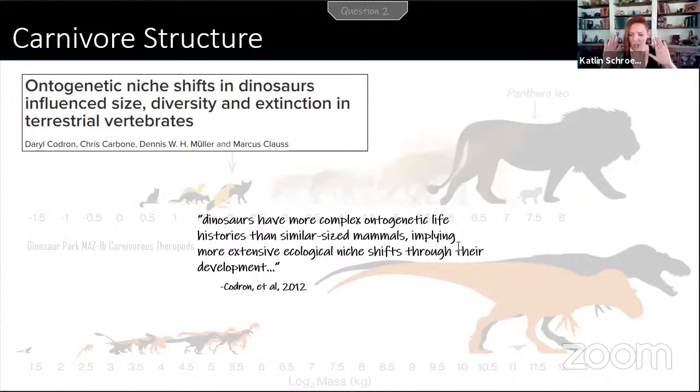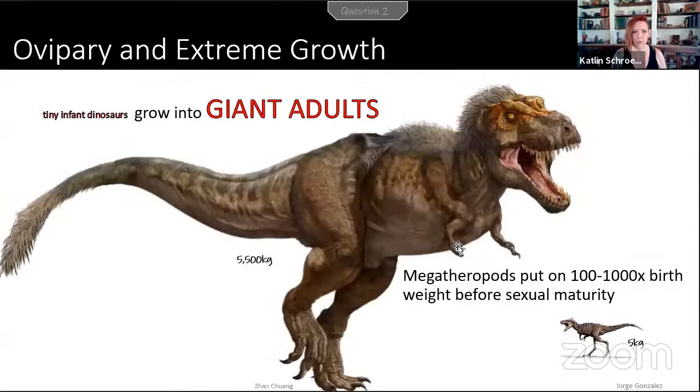So let's slow down for just a minute and discuss why dinosaur ontogeny is weird. First off, dinosaurs are oviparous. They lay eggs, right? And granted, anything that poops out a ball of bones and claws and teeth and feathers is a little bit weird, but dinosaurs in particular are weird because they're big, right? Because of gas exchange, eggs can only get so big. Eggs can only max out at about the size of a soccer ball, right?